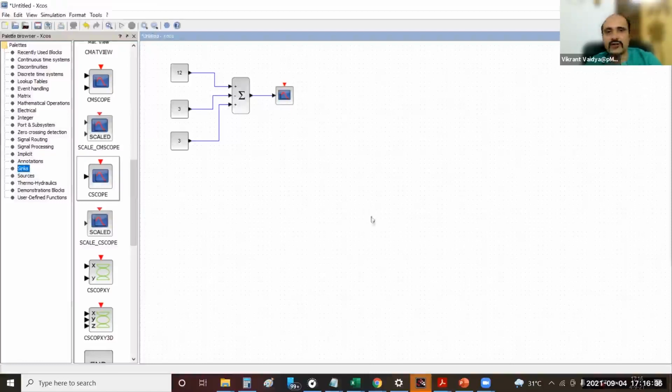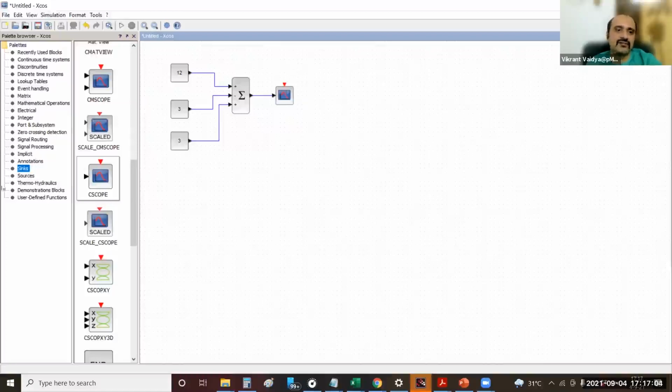Now the C-scope also has a red input. So basically what this C-scope does is it plots whatever is input here with respect to time. So it needs whatever we want to plot as well as the time as input. Yeah, and if you see, there is a color distinction also. So a clock has to be put there, a red clock.